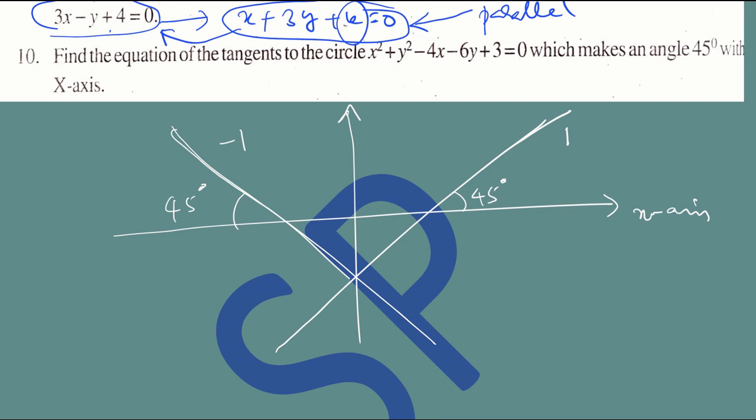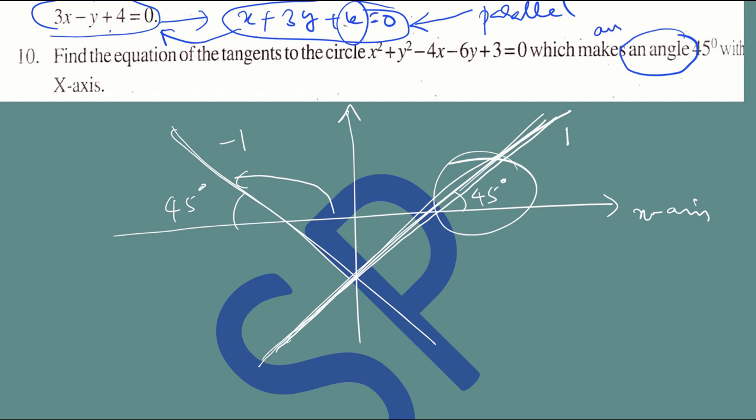Now after looking into the answers given in the textbook, I understand that he gave only this as the answer. That means he is not considering the angle made by the line, but he is considering only the inclination of the line. You can see that here the inclination is 135 degrees. We are not interested in this one. So what we do is we make a correction in the problem to match our answer with the answer given in the textbook. So here in the 10th problem we make it, which makes an inclination of 45 degrees. Okay.